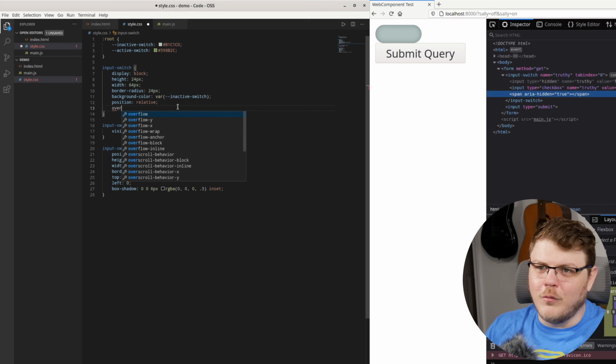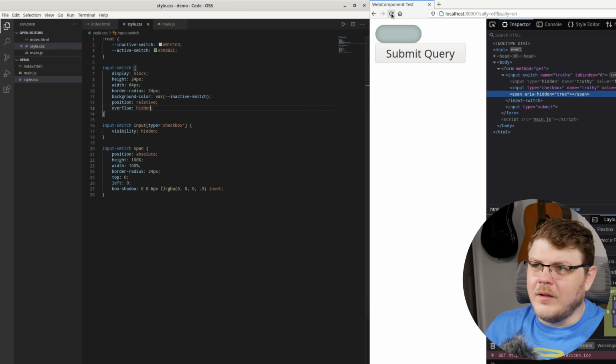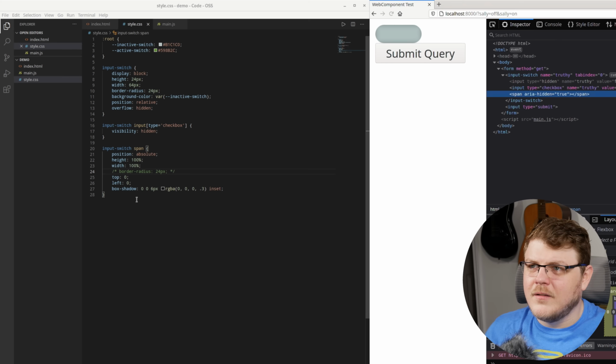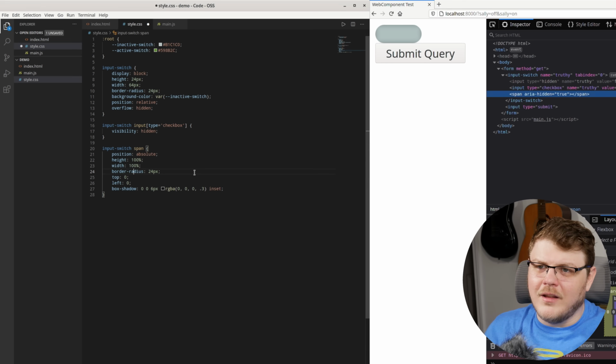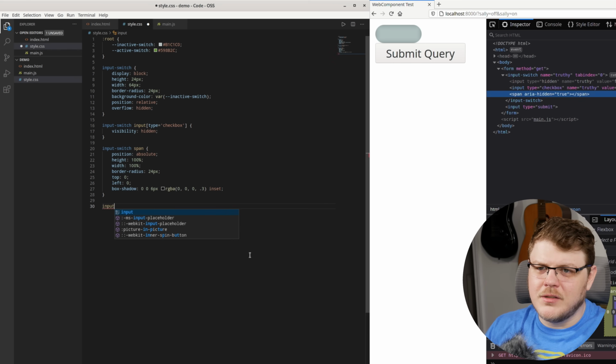And we can also do overflow hidden. And it would cut off if we didn't have the border radius. I like it with the border radius though. Let's leave that. So we're getting there. We're getting there. I think it's actually looking pretty snazzy so far. So let's go ahead and do input switch